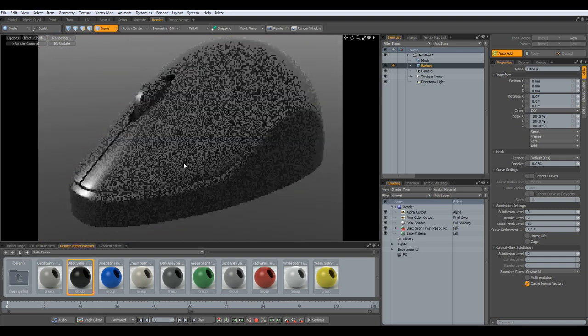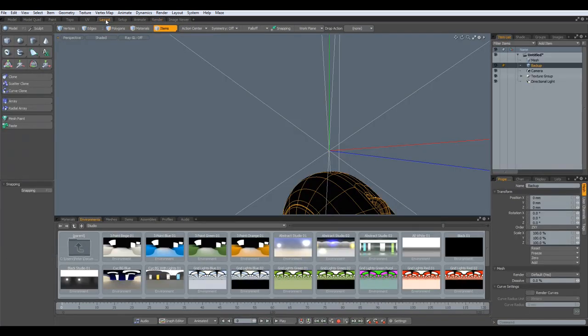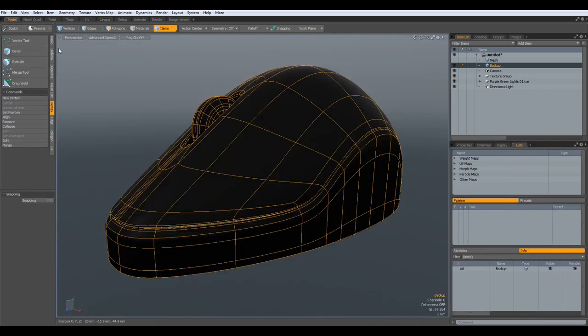And I throw in this color and a nice layout like this one, and maybe put in a plane,